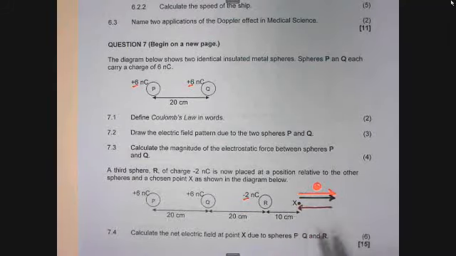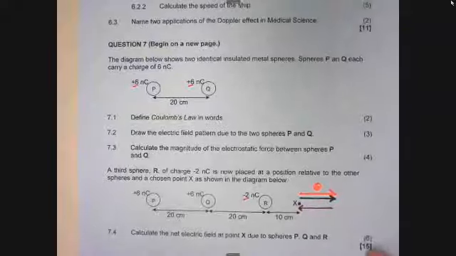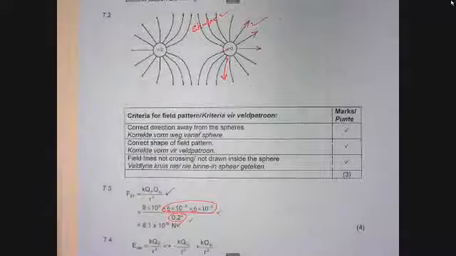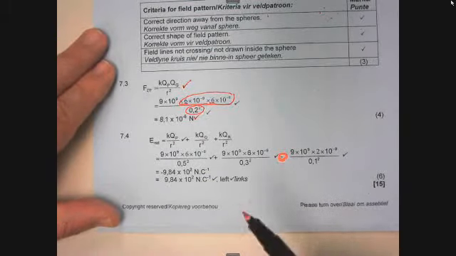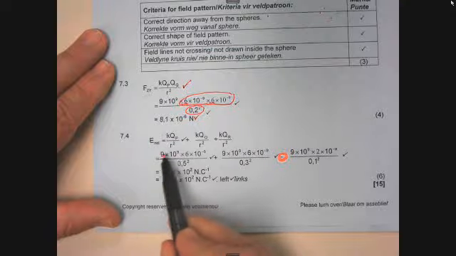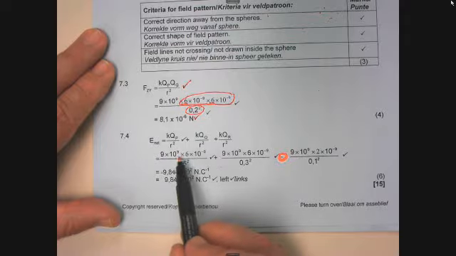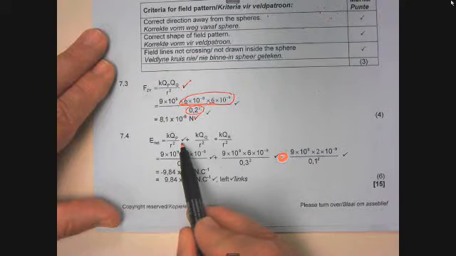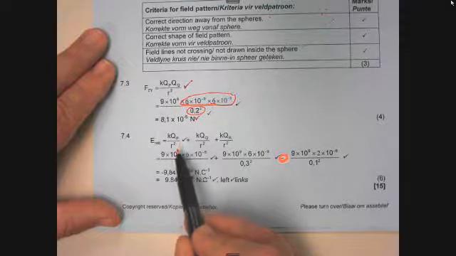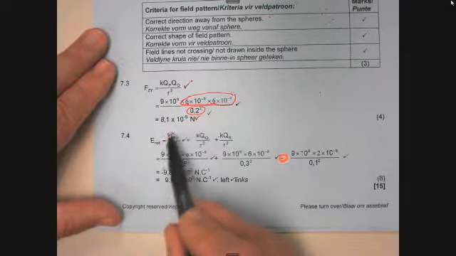Why must you know that? Because if you calculate the electric field for each sphere at point X, you must know what to do with those 3 values. What must you add and what must you subtract? Right, looking at the memo, the learner can do this separately for sure. They can calculate each electric field caused by P, Q and R separately. You will see there's only 1 mark on the formula, so only once on the formula kQ divided by r squared, 1 mark for that.